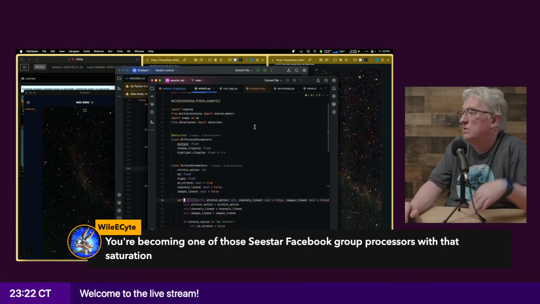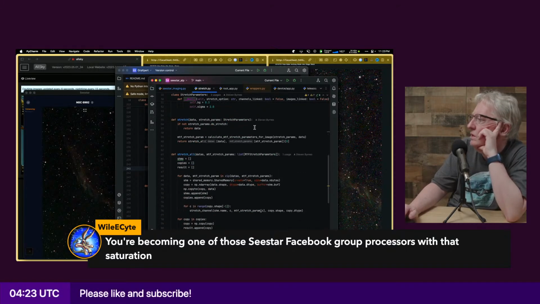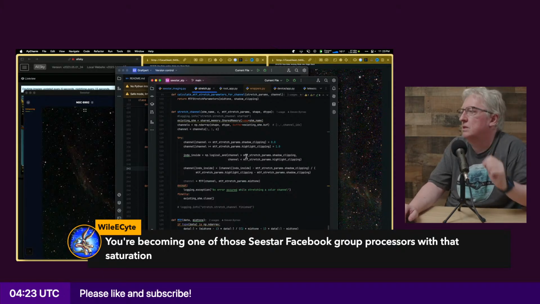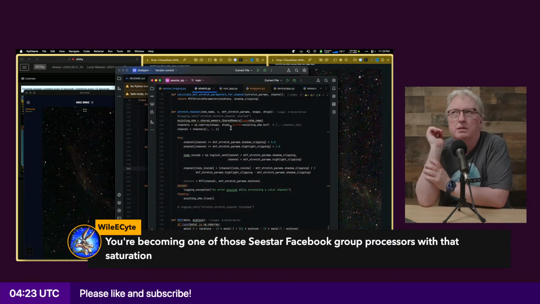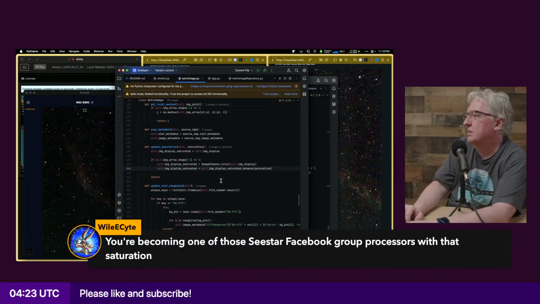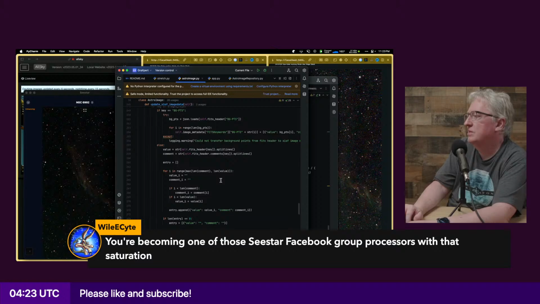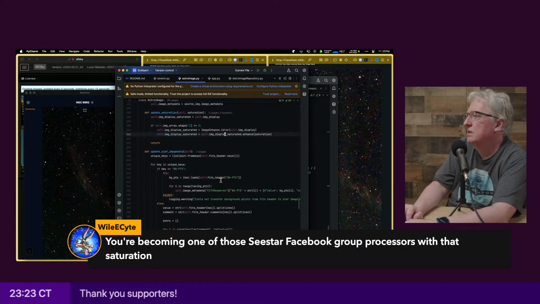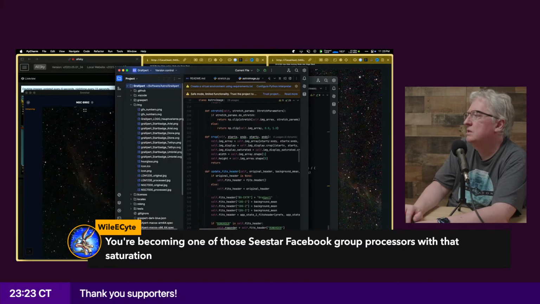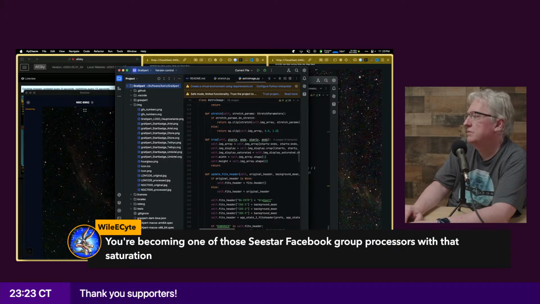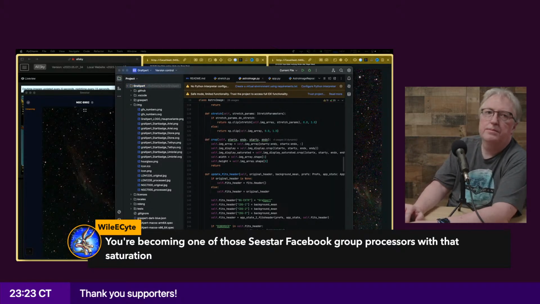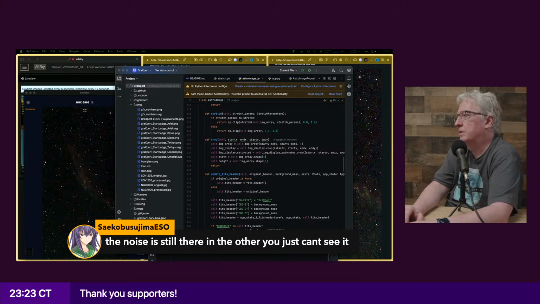So I had just pulled the code out of their code base, and I had also pulled over the saturation code, but I didn't get it to work, and now that I'm looking at it, it's not my next priority. Let's put it that way. But yeah, this is the code for Graxpert. Yeah, that's true. The noise is there, but you just can't see it.